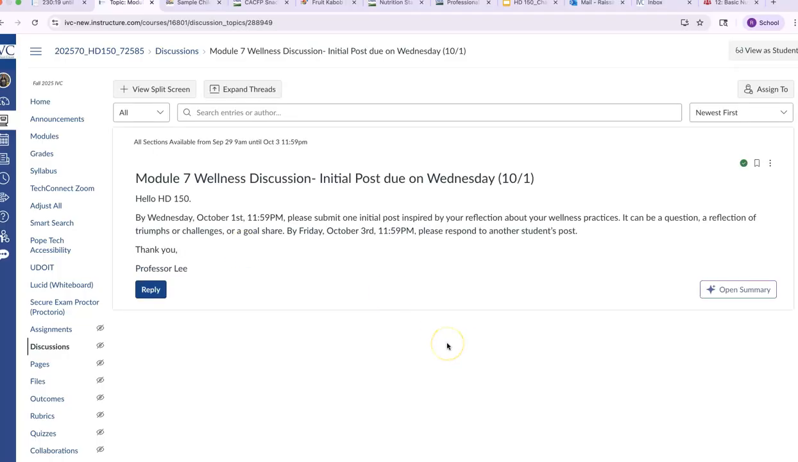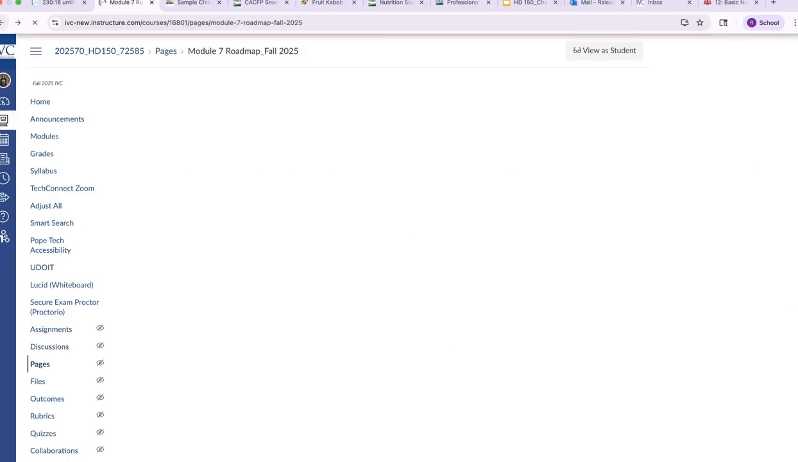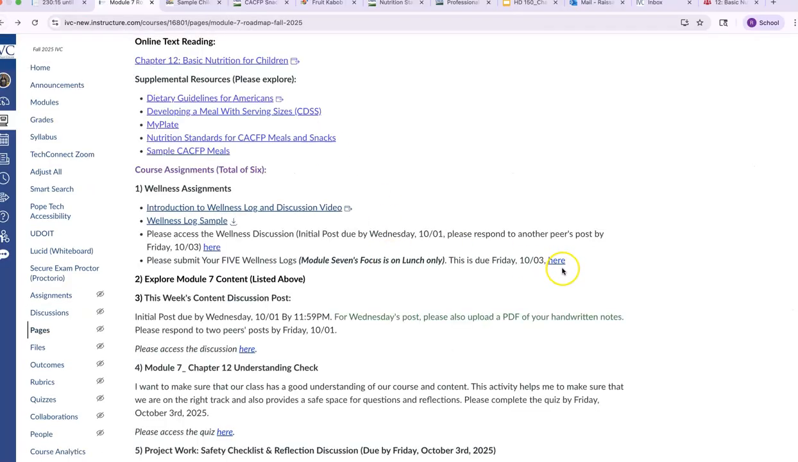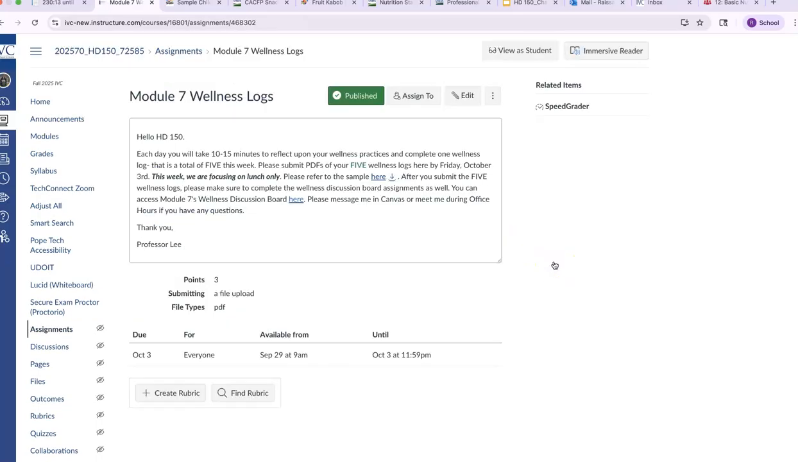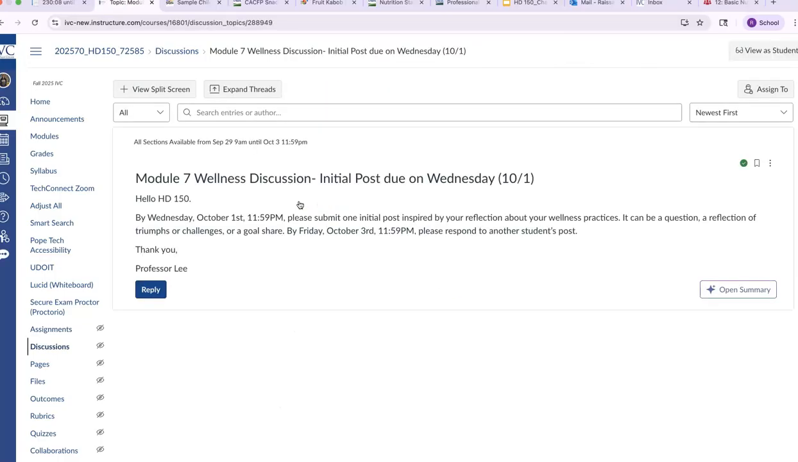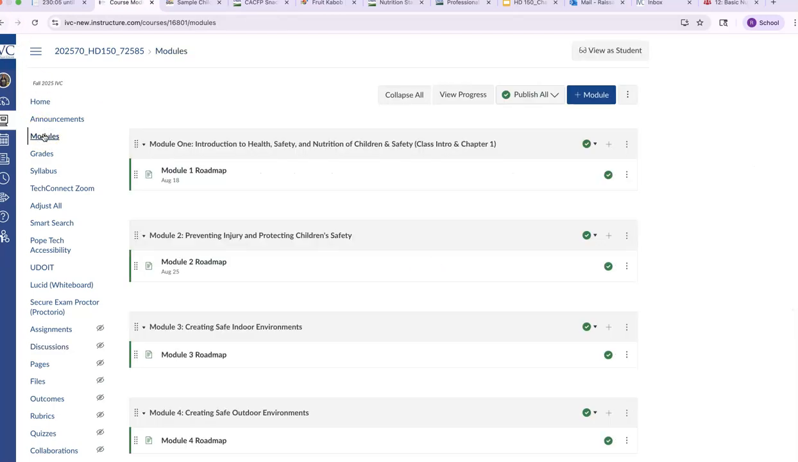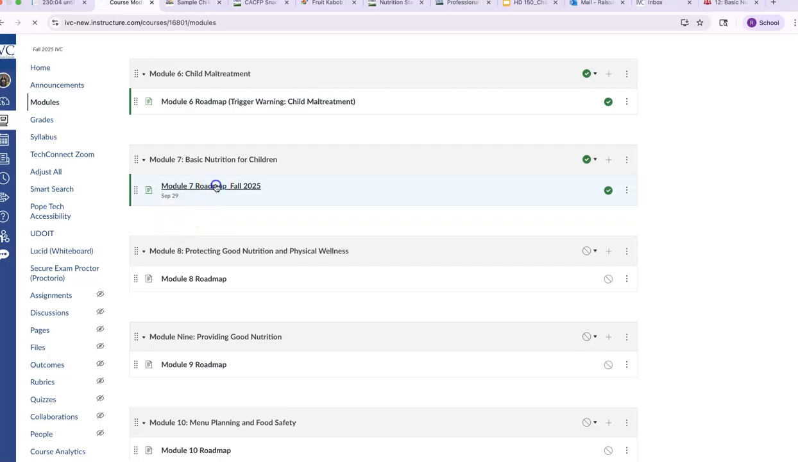By Wednesday, just share something. In the middle of the week, check in. How are you doing when it comes to your wellness, right? And then on Friday, you're going to make sure that by Friday, so you can do it before, you're going to load up your 5 logs. And then again on Friday, you're going to respond to another student's post. All right. So going back,